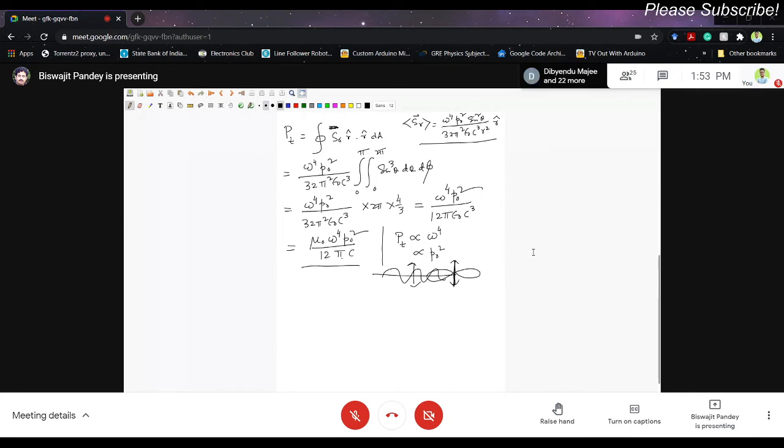You can see the formula tells that the maximum amount of power will be radiated by the dipole for higher frequencies. So in the visible spectrum, we have the bluer part, which is the higher frequency part, and that's why we see a maximum amount of power. All the dipoles in the atmosphere, these molecules, they actually scatter. Or I should not use the word scatter because I have not discussed scattering. Okay, the dipoles radiate. They will radiate more for the higher frequencies of the electromagnetic spectrum.